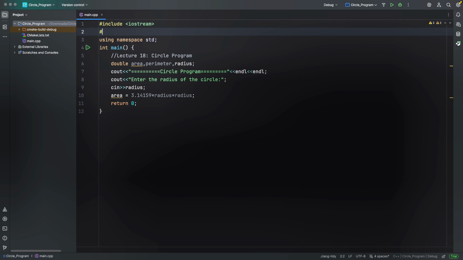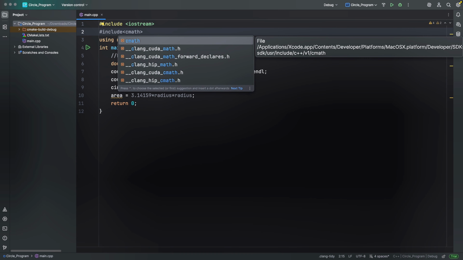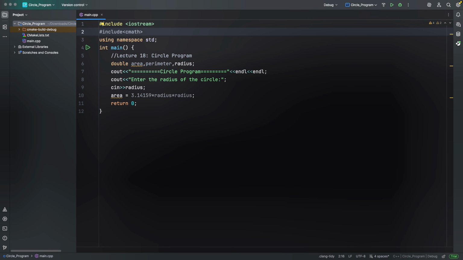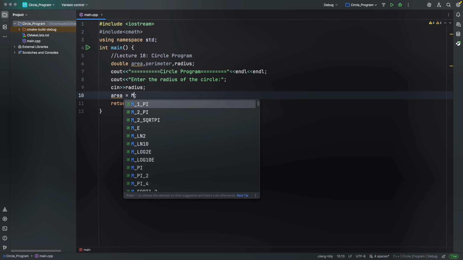So let's use that one because our program becomes much more professional. So we can include the cmath library. Okay. So now I can write instead of this one, the M_PI